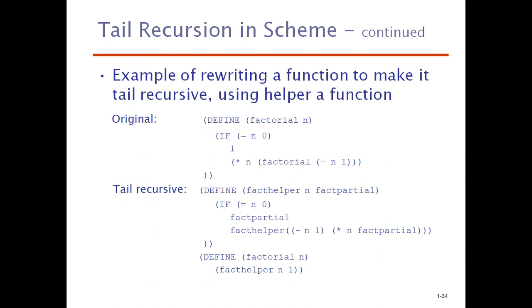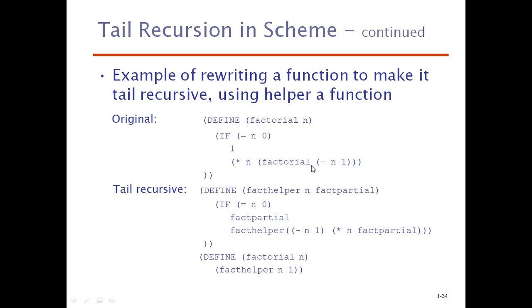Factorial program. If n is equal to 0, then return 1, else return n into factorial of n minus 1. Remember, the expressions should be written in the prefix form. When n is equal to 0, it will be written as (= n 0). If it is n into factorial of n minus 1, then it should be written as (* n (factorial (- n 1))), and here the star should be in the prefix.